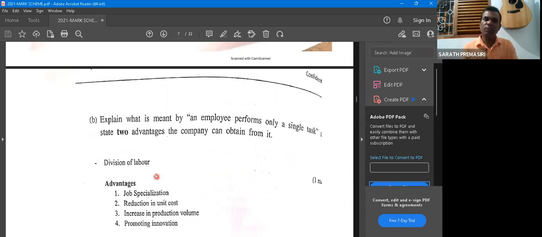And then in the sewing division, those employees are only sewing items. And then the embroidery division, the packing division, the ironing division, the finishing division, the assembly division, different divisions are there in the garment factory. In each division, the worker is involved in a single task. That is what we call the division of labor.